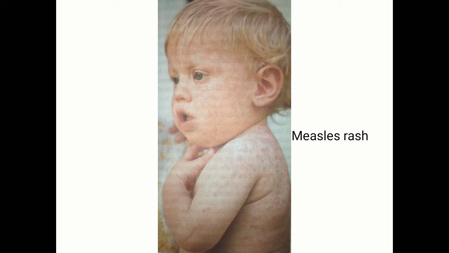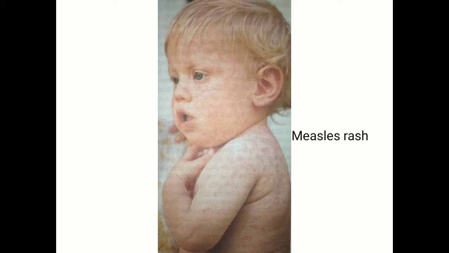Other complications or presentations in which measles can occur are croup, that is acute laryngotracheobronchitis, tracheitis or bronchiolitis, and even acute otitis media. In an immunodeficient child, it can cause even the reactivation of tuberculosis, sometimes diarrhea and vomiting, sometimes febrile illness. The fever is so high that it even causes febrile seizures, and vitamin A deficiency in a malnourished child,